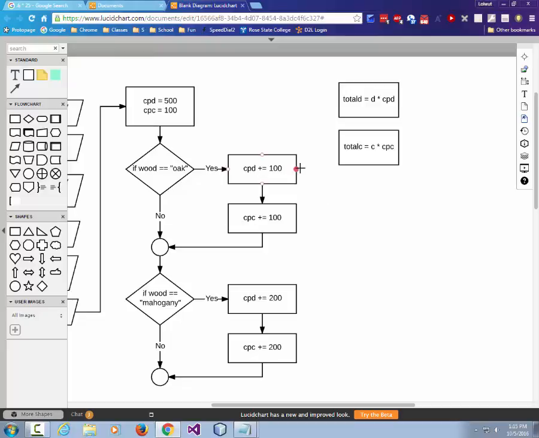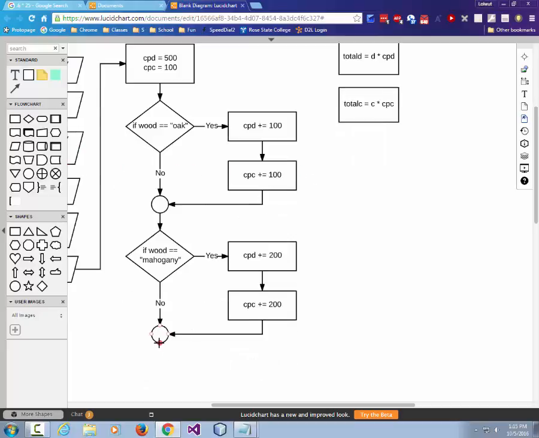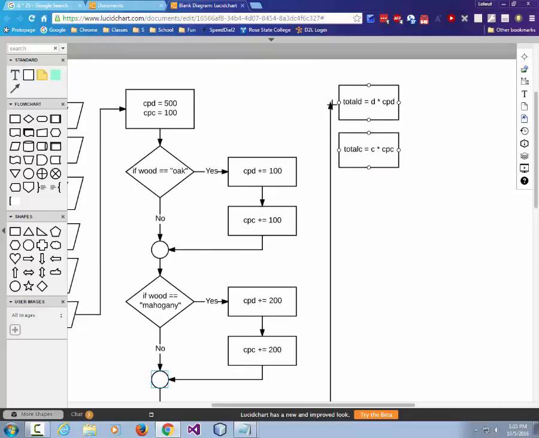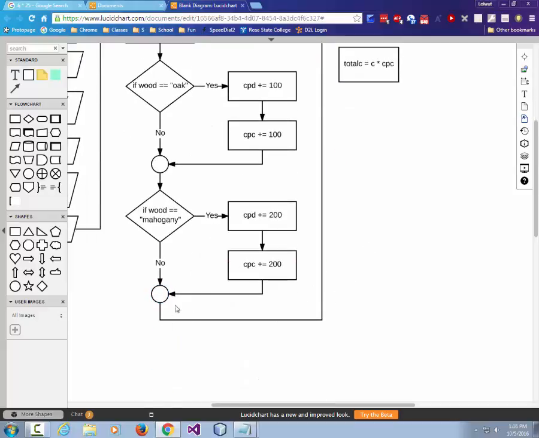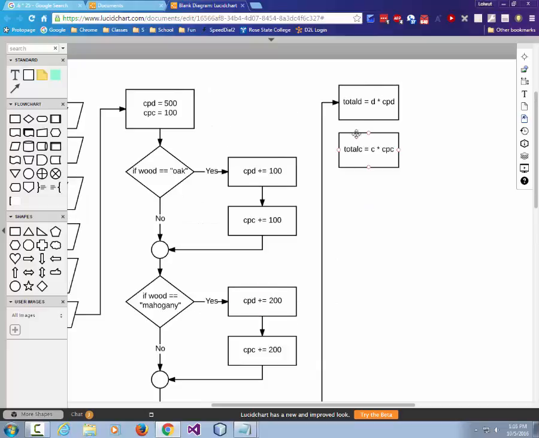And then we can do our prints. Now I'm going to need to draw a line all the way from here, all the way up to there, from that circle up to here, just because we don't want any dead ends. Now we can do our prints. We've done our calculations. Print